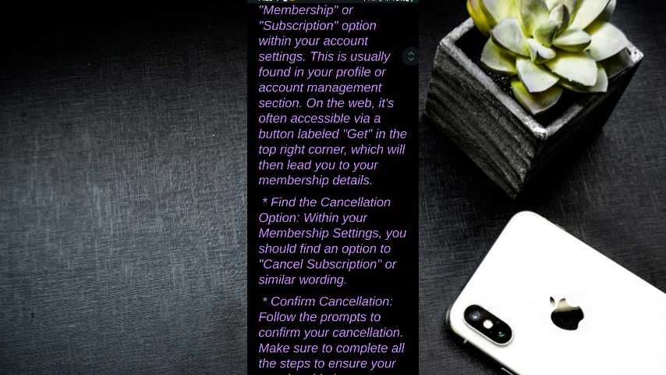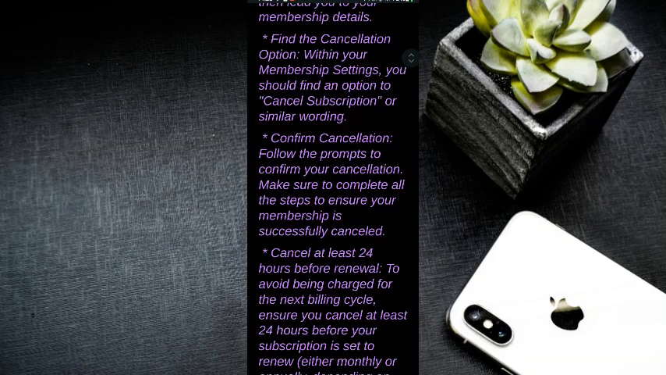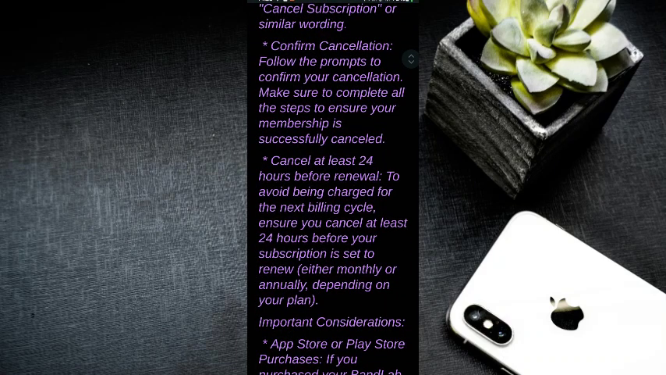Next, you are to find an option that says Cancel Subscription or similar wording. Then you follow the prompt to confirm your cancellation. Make sure to complete all the steps to ensure your membership is successfully cancelled. To avoid being charged for the next billing cycle, ensure you cancel at least 24 hours before your subscription is set to renew, either monthly or annually,